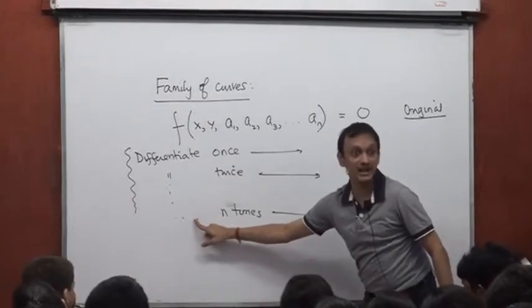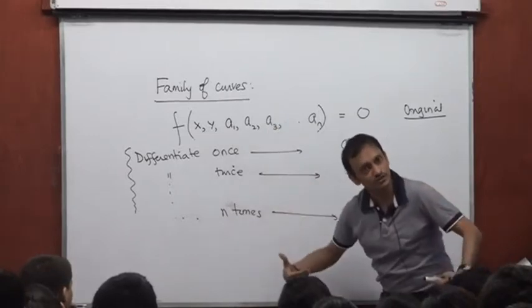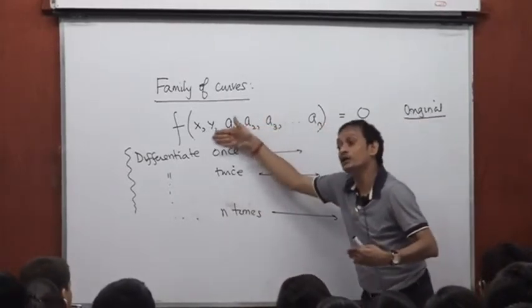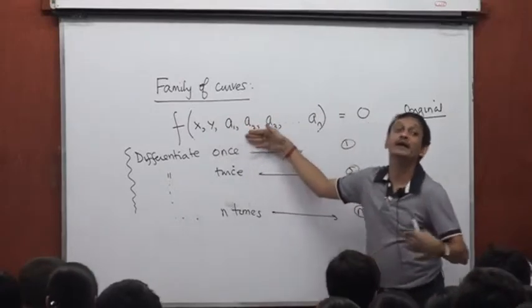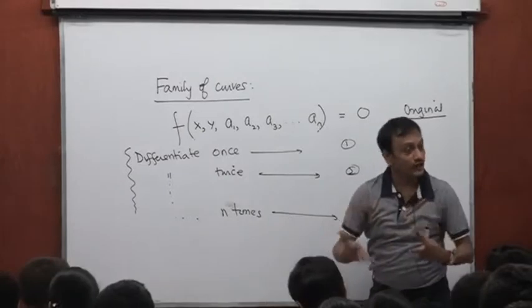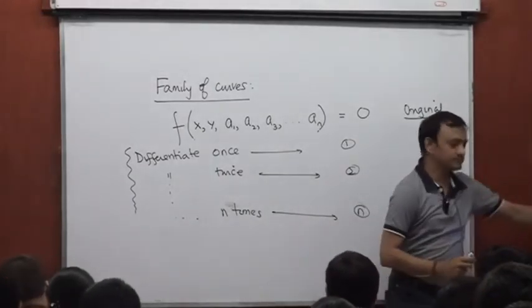When you differentiate n times, the nth order derivative is inevitable. That appears in the solution. And when you plug into this, you will get an nth order. The highest order derivative would be of order n. So you get a differential equation of order n. For example,